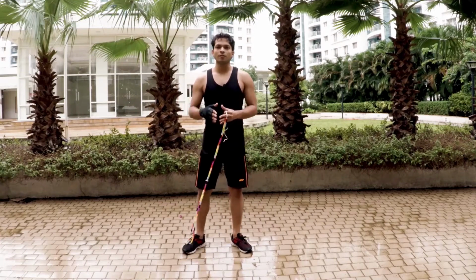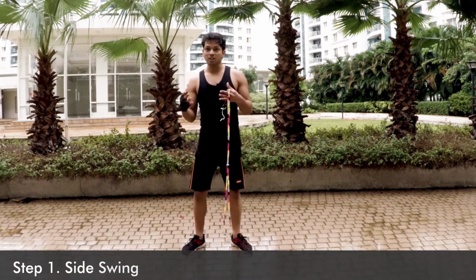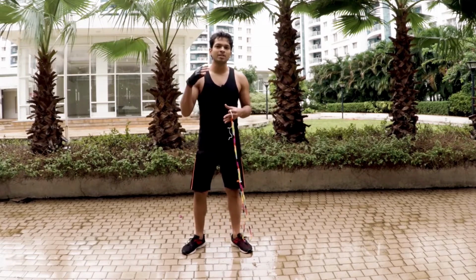Trick, you just have to follow 5 simple steps. Step 1, you should know how to do a side swing. If you don't know how to do a side swing, I've done a tutorial on that and you can find the link right here. I'll be starting with a side swing by keeping my right hand at the top and